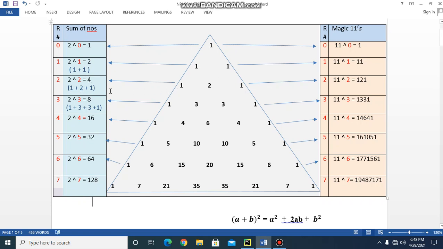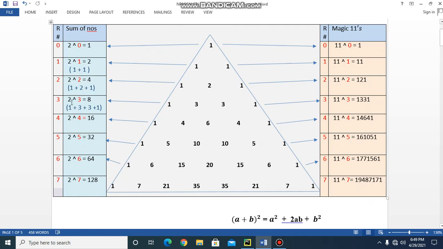Similarly, the sum of the elements in row number 2 is 2 raised to the power of 2, which is 4, the sum of 1 plus 2 plus 1, that is